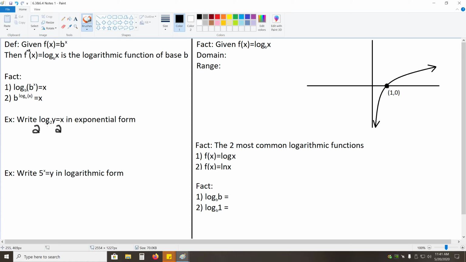Well, 2 to the log base 2 of y should just equal y, because these are inverse functions. We're left with just what's inside of the log when we plug an inverse into the other. So y is going to be equal to whatever's on the right side of the equation, which is 2 to the x power. Okay, so now that we did the technical way, and if you prefer this way, it's completely okay to always use that, but the shortcut method for this